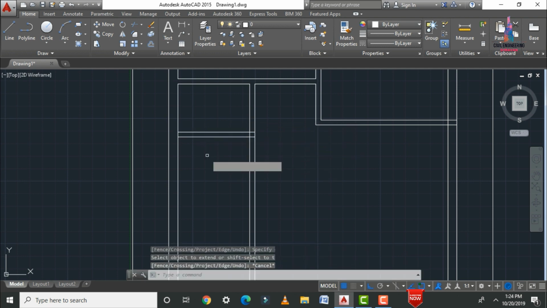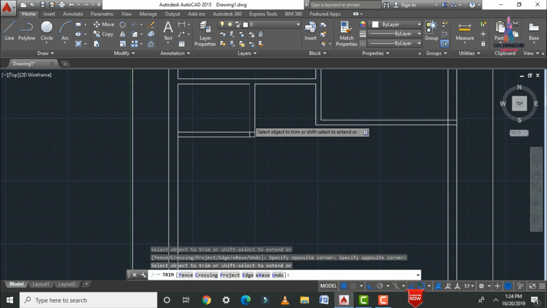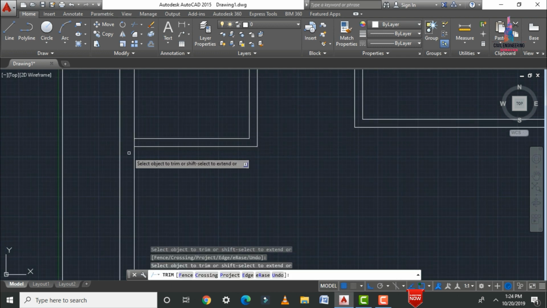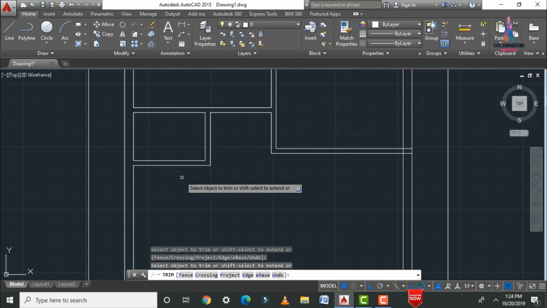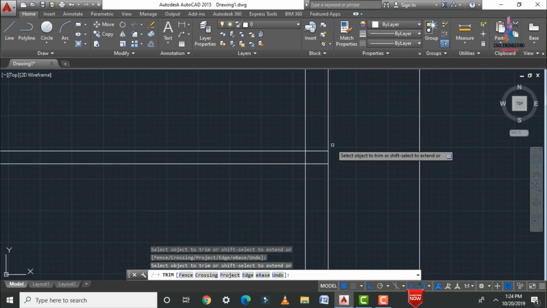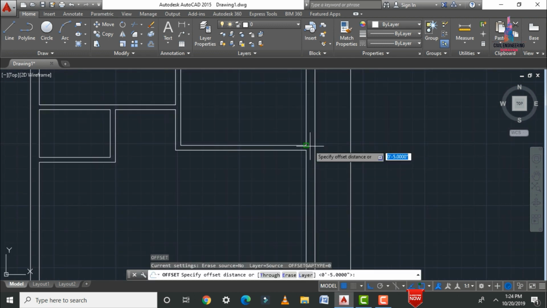Now we have to trim the excess of the portions like this. Again I am trimming these respective points like this. After that we have to apply one more washroom section for this respective children's bedroom also. So that's why I am selecting this offset here, which is related to